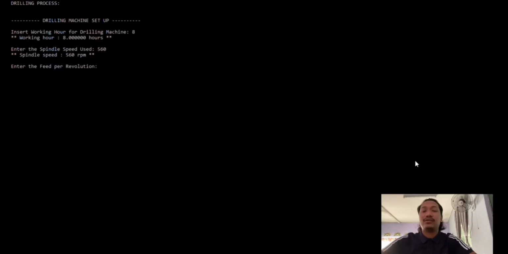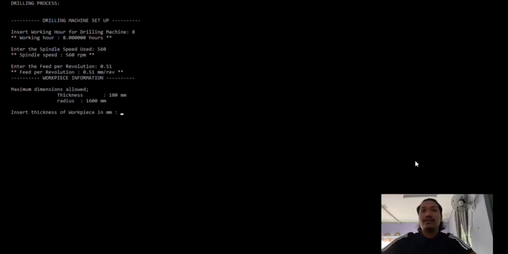As referred to the Norseman drill and tools for diameter, for tools with a diameter of 1 inch to 2 inch, it is 0.51 millimeter per revolution. Okay, the maximum dimension allowed for the workpiece is 100 millimeter and the radius is 1600 millimeter. Okay, insert the thickness of the workpiece that we use, which is 5 millimeter for the wheel spacer, and then enter